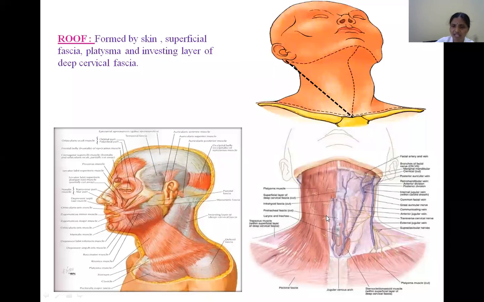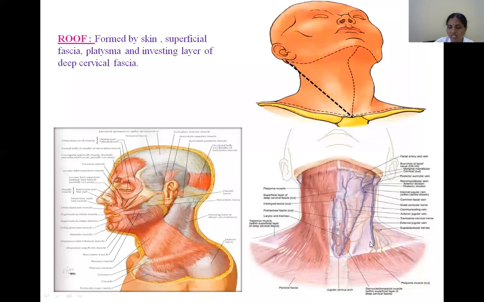Then once you reflect this platysma, immediately beneath that we have to identify the superficial fascia including these superficial structures. So what are these superficial structures? We'll discuss in detail. The veins are very prominent here. This is an obliquely placed vein, the external jugular vein, right? And behind that, you see one more vein, the posterior external jugular vein. In front of that, in the anterior triangle, a linear vein is present that begins from the chin region, just beneath the chin. What is that vein? The anterior jugular vein.